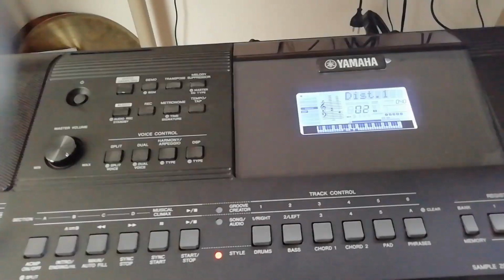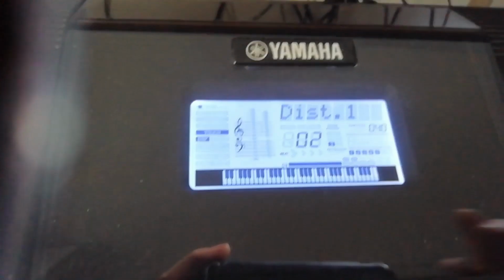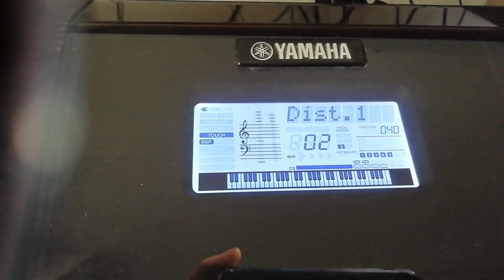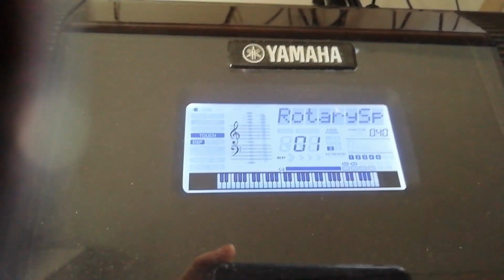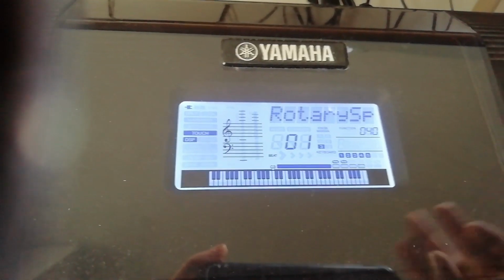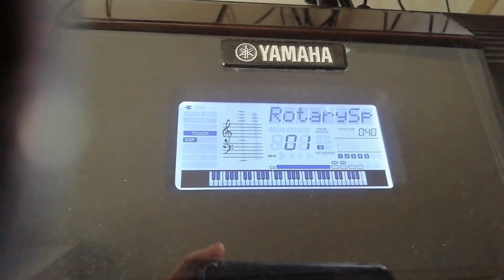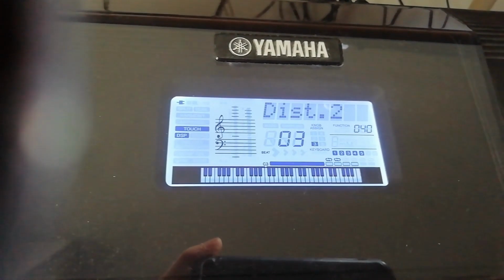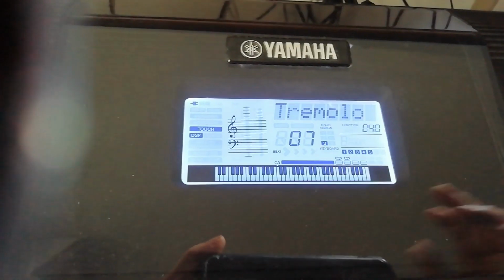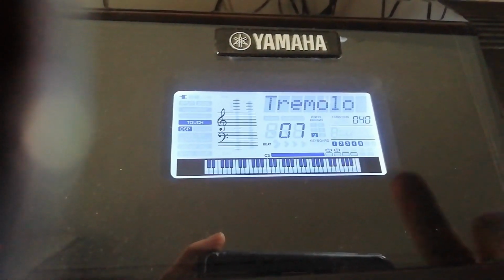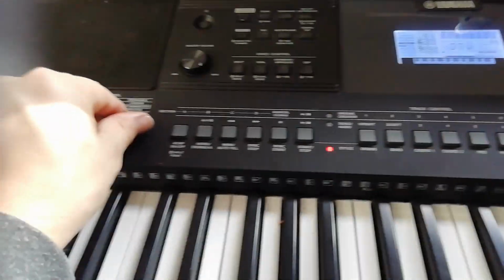And of course a distortion might not be very useful for a piano, but very good on that keyboard, for instance, is the rotary effect, because it has a very nice stereo delay kind of thing. Or what is good now, because I don't have the stereo output connected to the video, is the tremolo effect, which you can also hear very well.